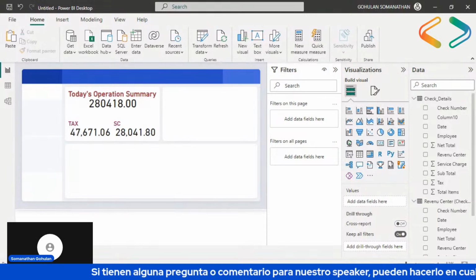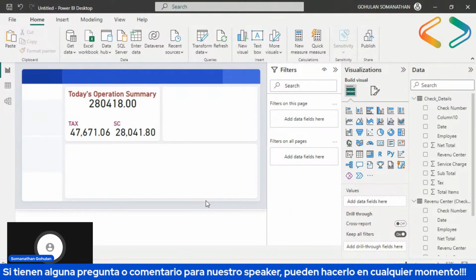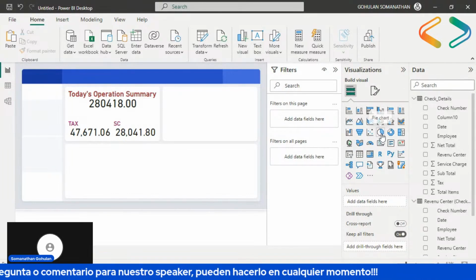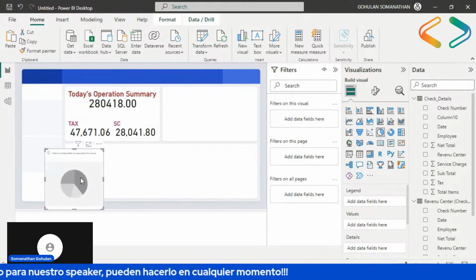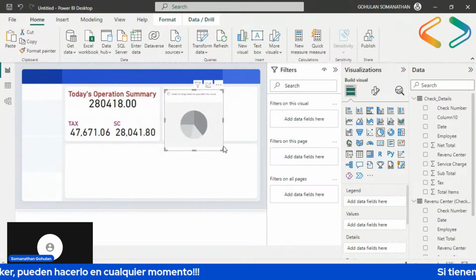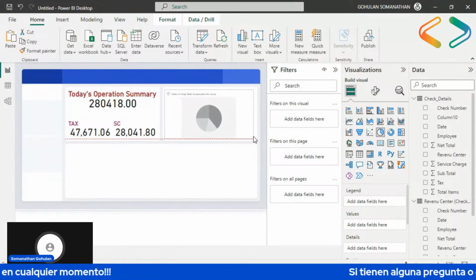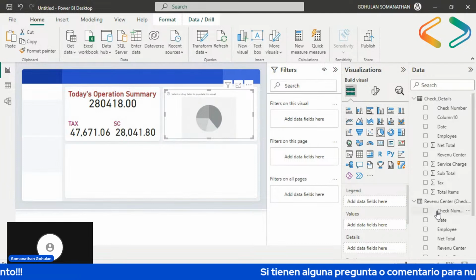Here, I'm going to take a pie chart over here and visualize the check table.